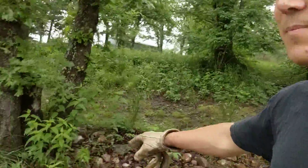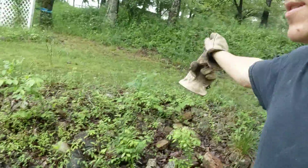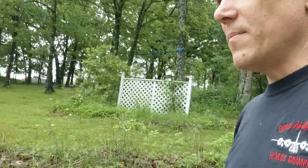In fact, I'll walk back down here really quick. Okay, we've got some ditches like this right alongside the driveway here, and that catches things that come from up there, which is not that much that comes from up there. That's the problem. But